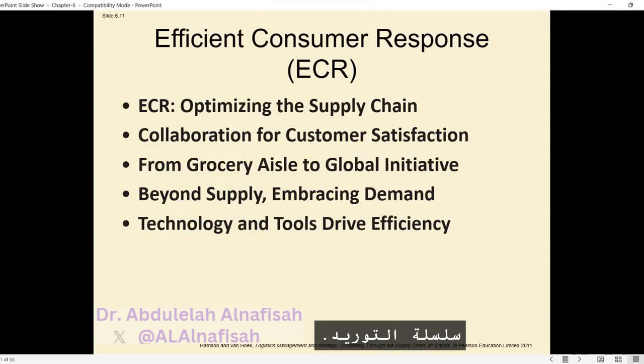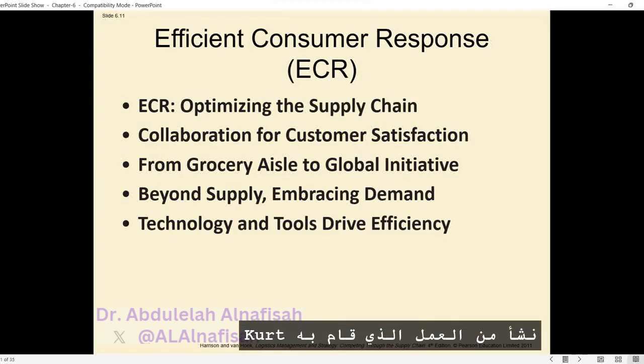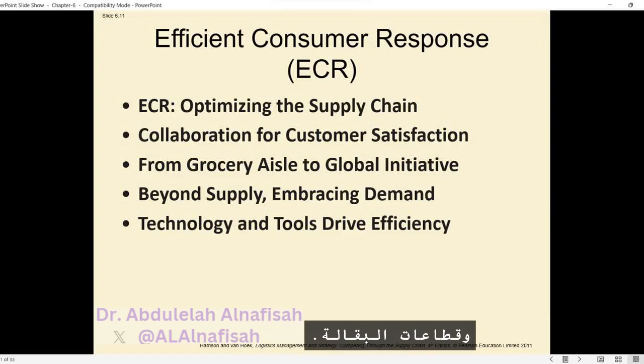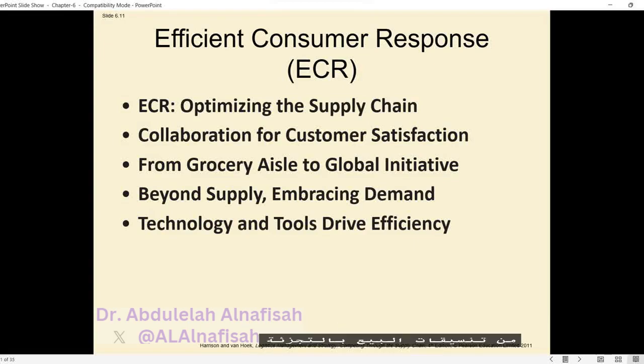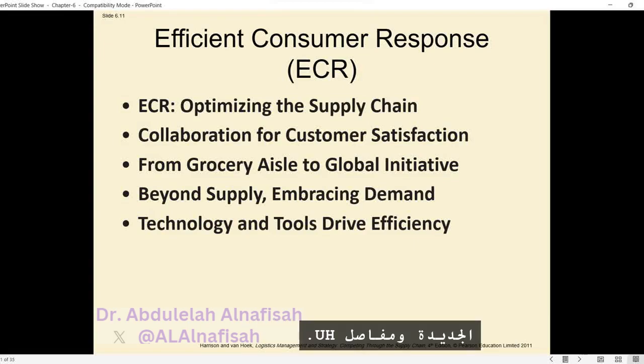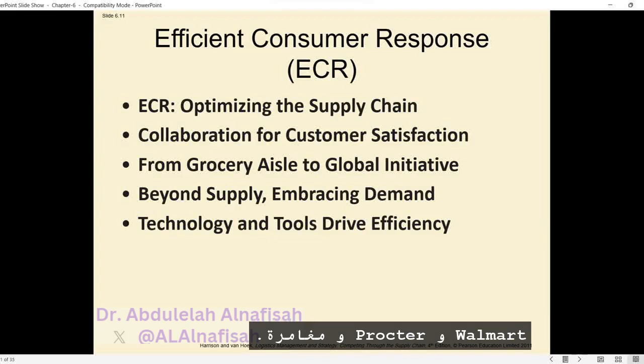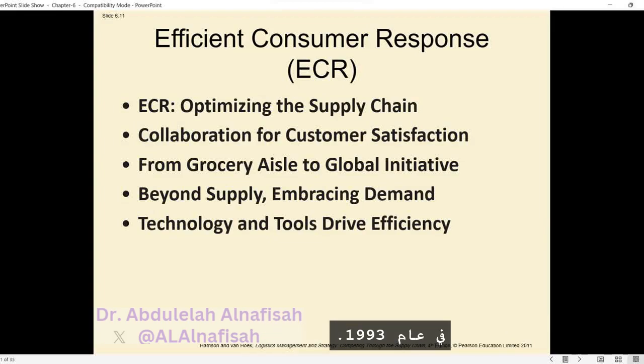ECR originated from the work done by Kurt Salmon Associates in the apparel and grocery sectors. It gained traction due to increased competition from new retail formats and joint initiatives between major companies like Walmart and Procter & Gamble. ECR programs commenced in Europe in 1993, with a focus on projects and surveys analyzing the grocery